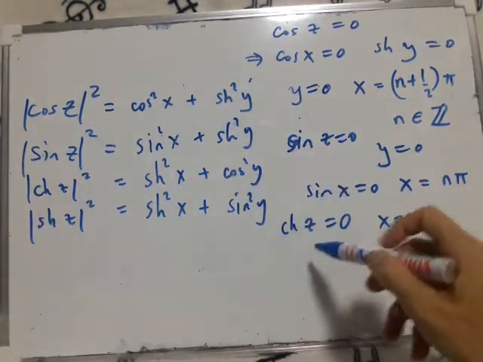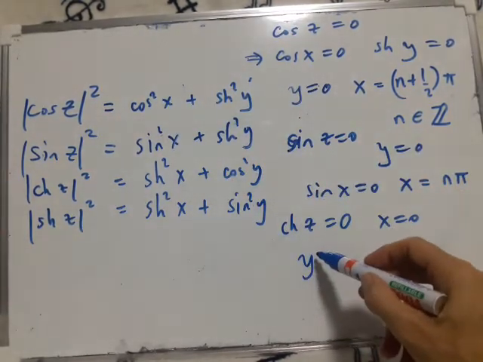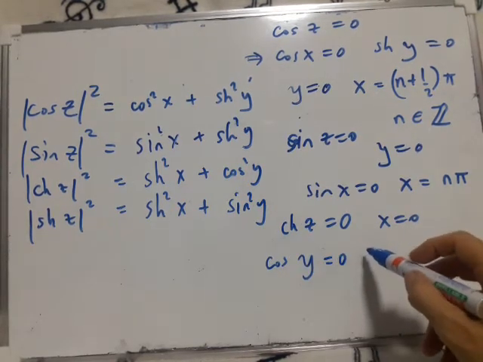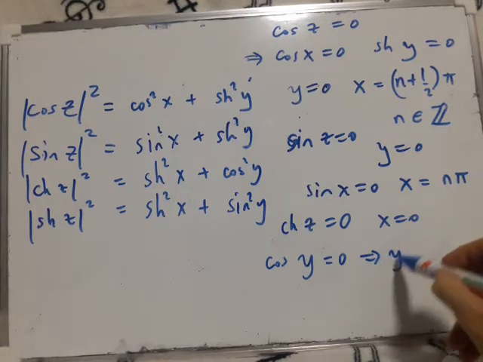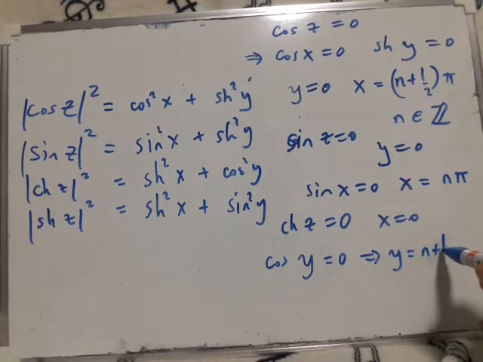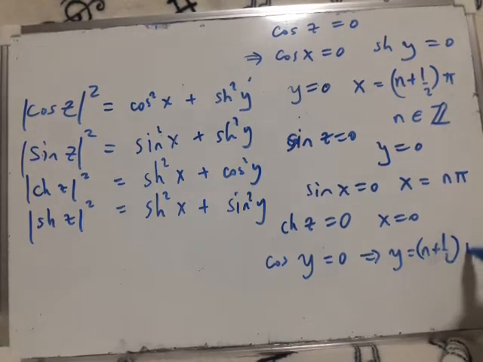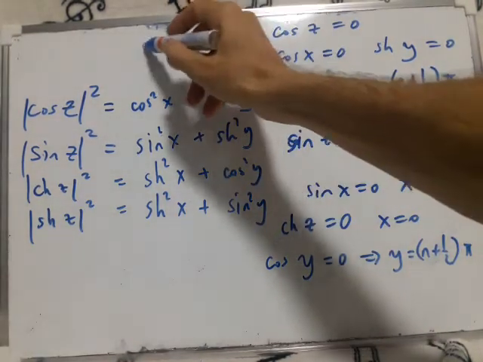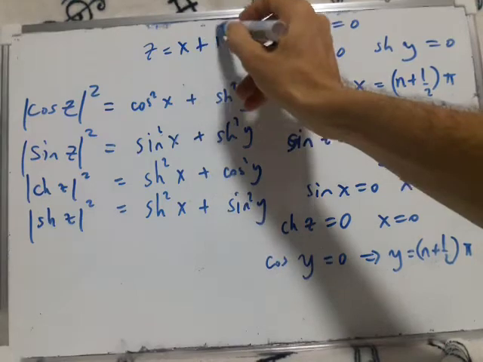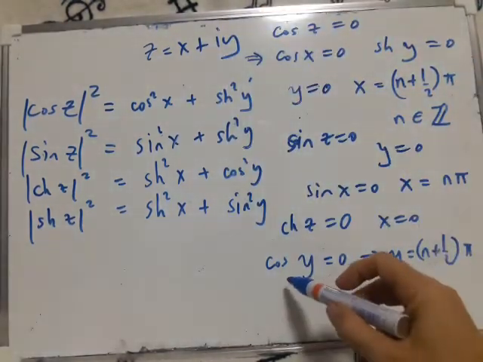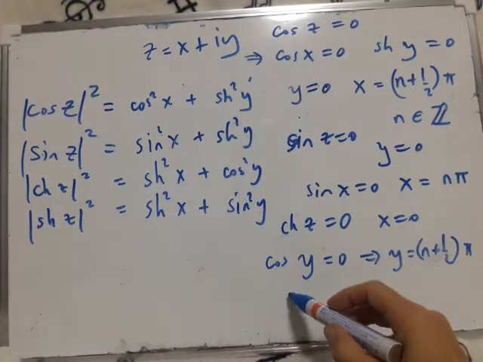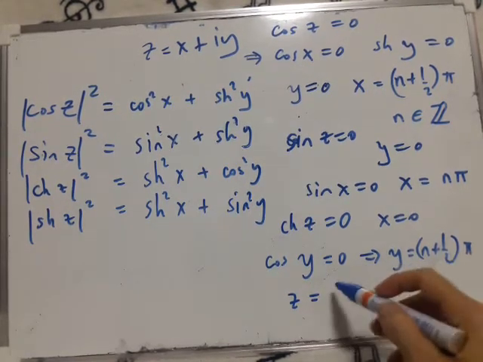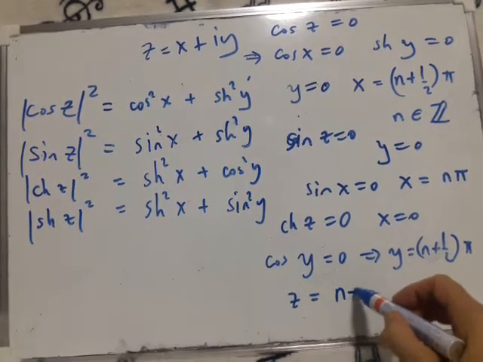Now we know that cos y is 0, which implies that y has to be n plus a half pi. Now remember, z is equal to x plus i y, so the zeros of cosh are z equals i y, which is n plus a half